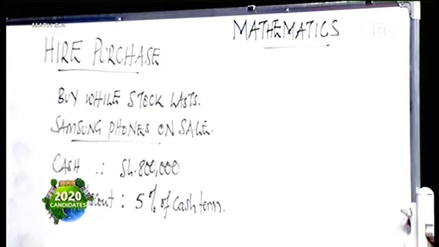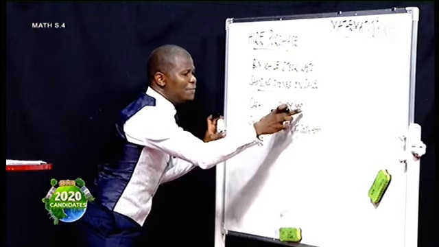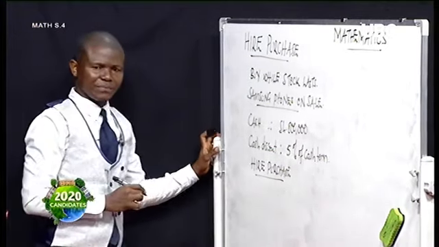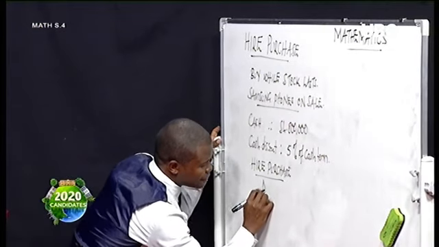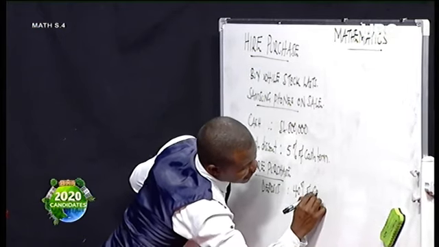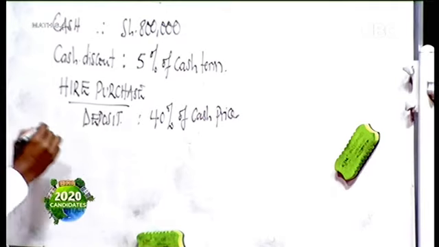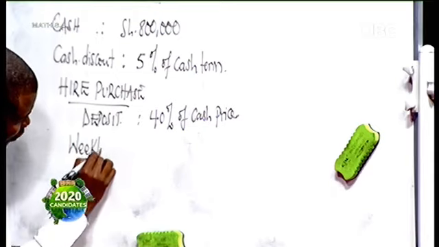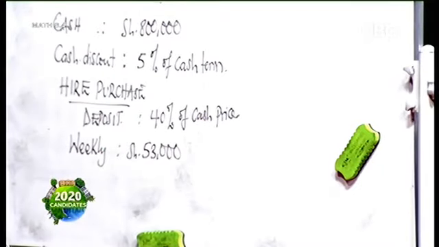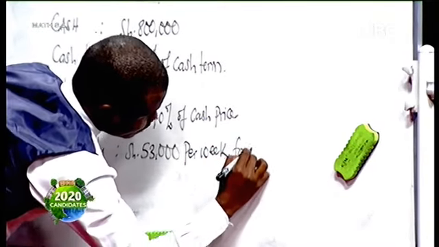of the cash terms. But they also gave a second option and said, however, if you don't have all the 800,000, feel free to also buy the phone on hire purchase. But if you're buying it on hire purchase, then you come and pay a deposit of 40% of the cash value, of the cash price. After you have paid your 40%, then you can pay the balance weekly by paying shillings 53,000 per week for 10 weeks,